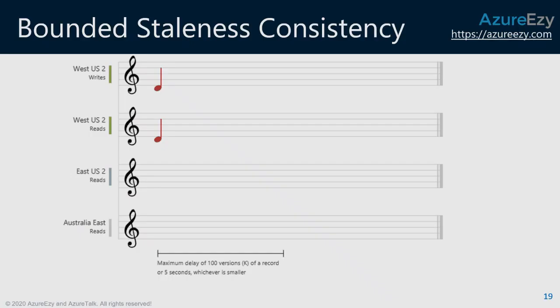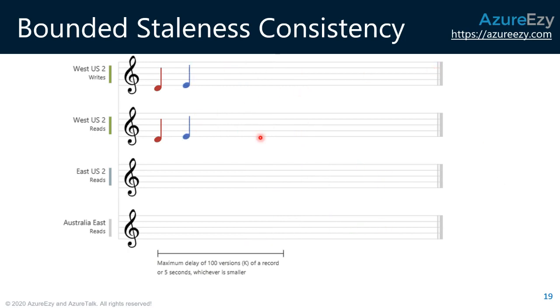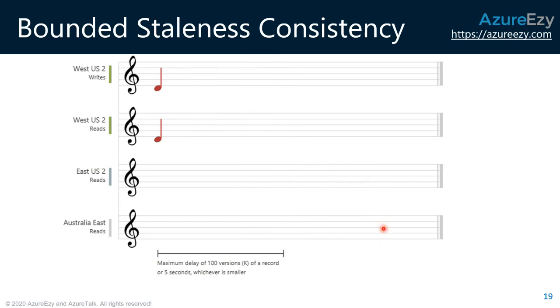So let's go to bounded staleness. Follow the notes for a few seconds and you would have your answer. What kind of consistency is it? If you're seeing these notes, you see West US 2 write and read in West US 2, it's strongly consistent. But in reads like East US and Australia East, it takes some time and then it is strongly consistent. Why? Because